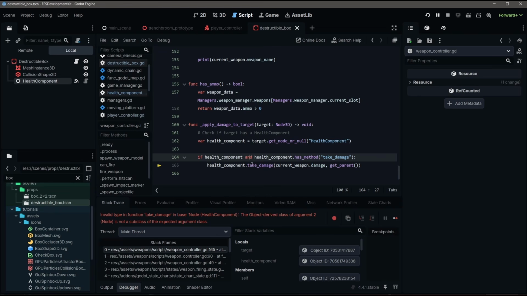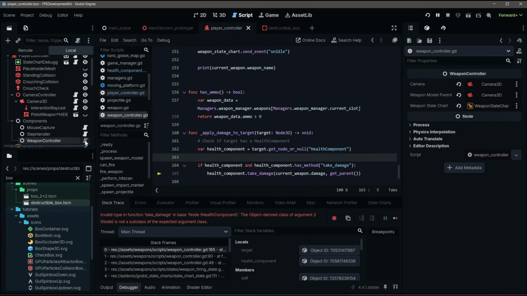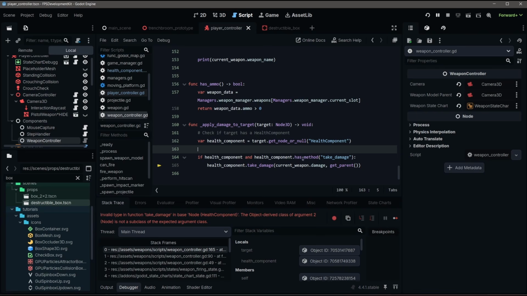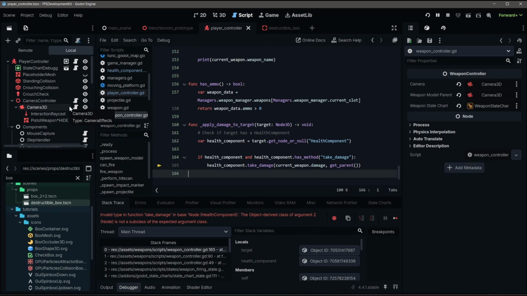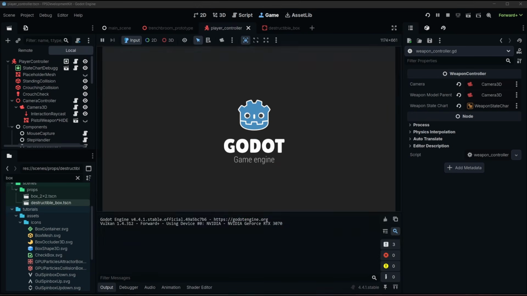So if you notice, when we did our take damage, we passed along get parent. Now I wanted to make a distinction about this because some people might just use get parent. Here's the issue with that. In our health component for our source, we're looking for a Node3D. And if we go to our player controller and our weapon controller, which is actually calling this function, the parent is a Node. So you have to make sure about types and what you're passing along. In this case, what we want to do is get the owner. Now the owner is the top tier that has all of these nodes here. So if we get the owner of our weapon controller and we save that and close, test that again,